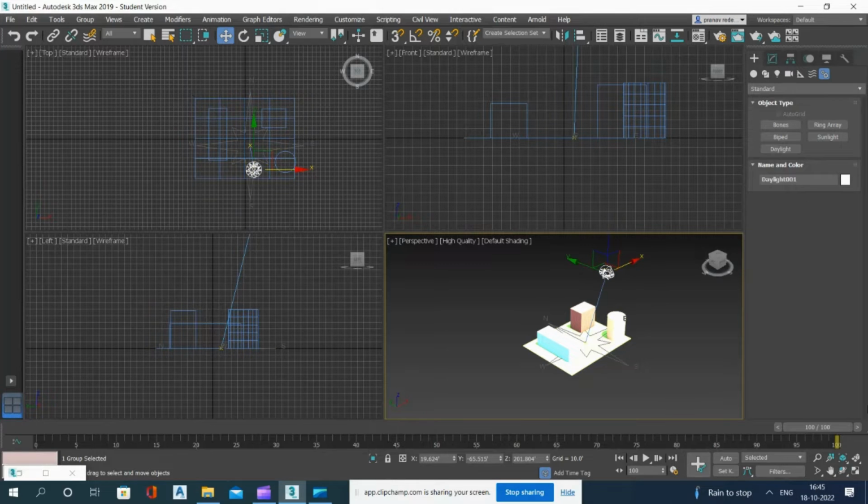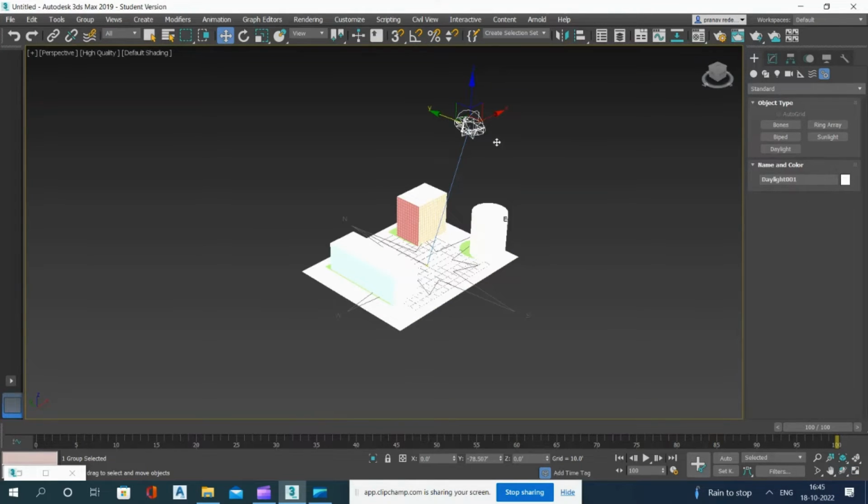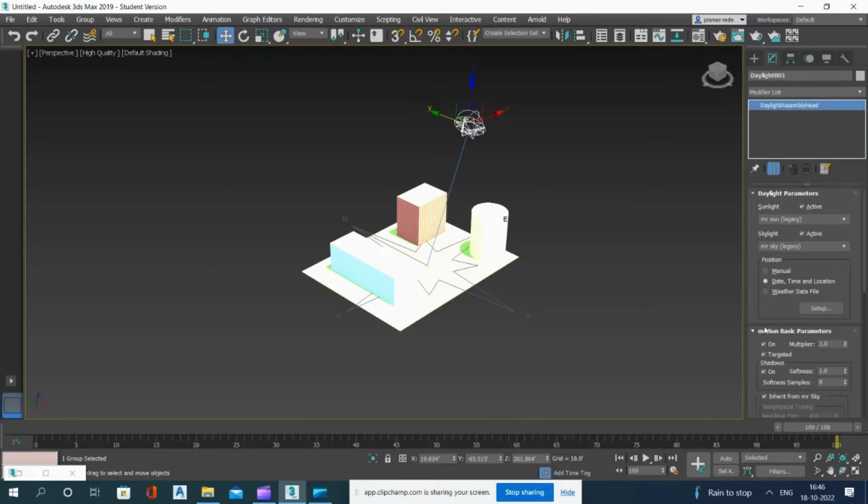Now one light is added, that is daylight, but it is not moving, so we can make it move by going to modify, then position to manual. So that this can be